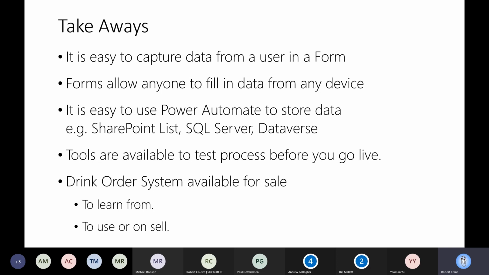We can also store data in SharePoint, but as mentioned, you can also stick it in SQL. You can stick it in the Dataverse, which is the Power Platform's own native database. So you can basically put it anywhere, and that's the flexibility. Keep it in the Microsoft 365 environment, and what's going to happen is it's going to be secure, it's going to be locked down, it's going to be protected and support all the compliance that you need.